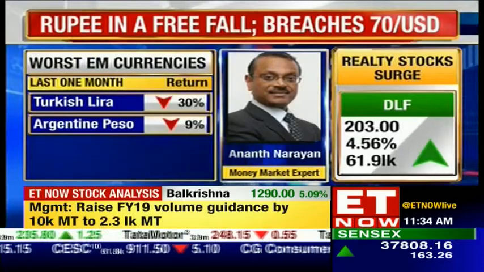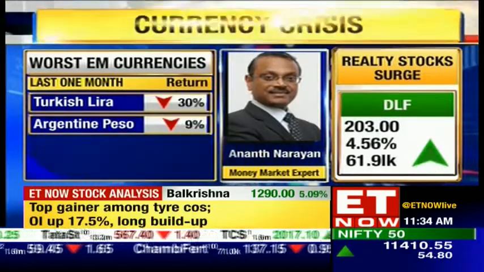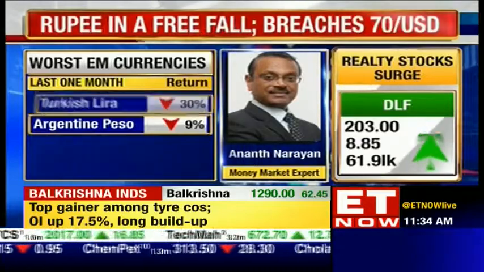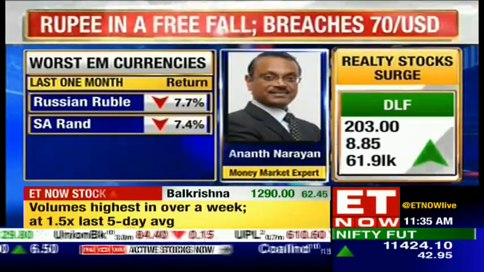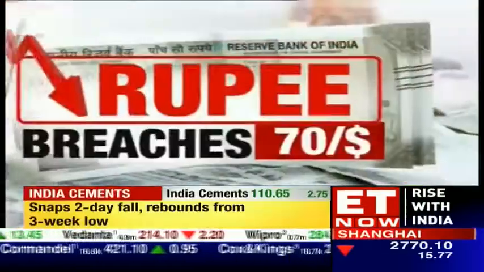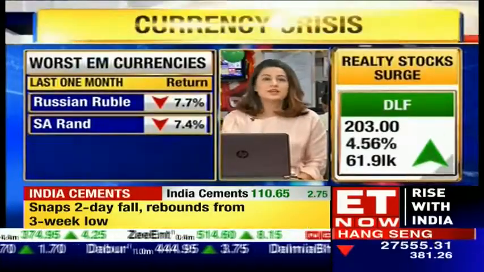I think what we have to look out for is trade data as it comes in over the next few months. Hopefully, this weaker rupee should help balance out matters a little more. And then, of course, we have to hope and pray hard that the external context remains contained, that oil prices don't add to our existing problems, and that Trump and Iran make up and oil prices subside again. But yes, there is a possibility of 72 to 73 versus the greenback.